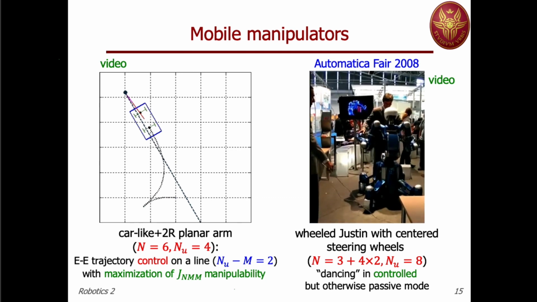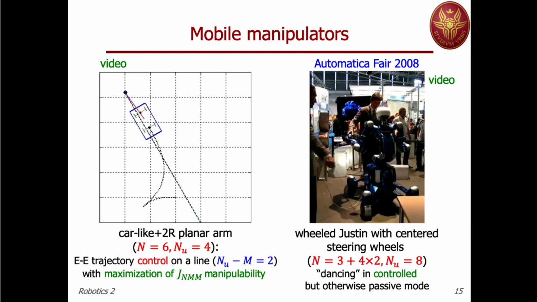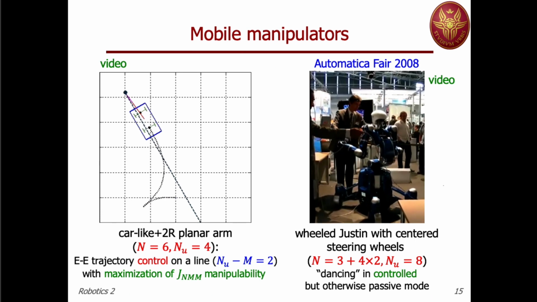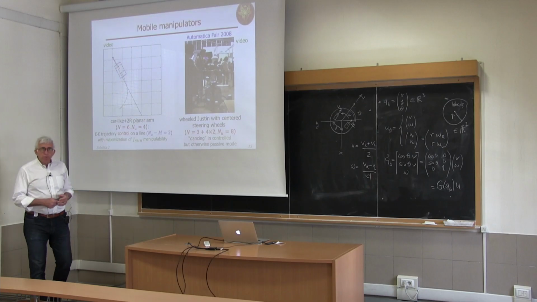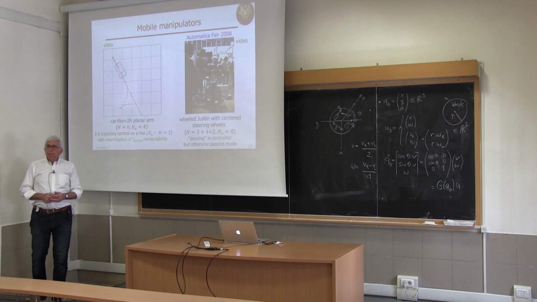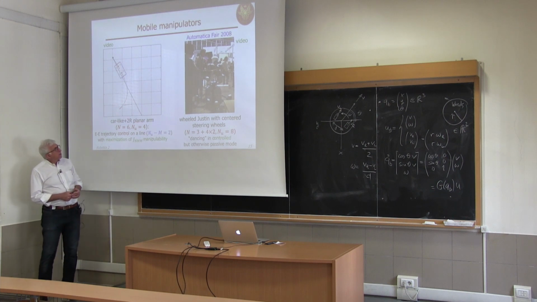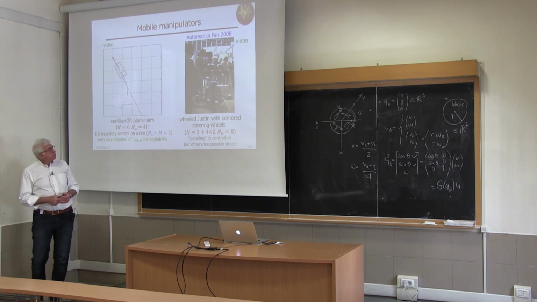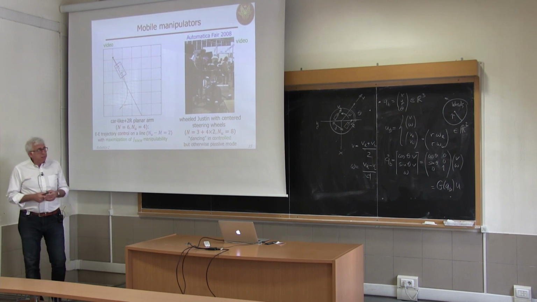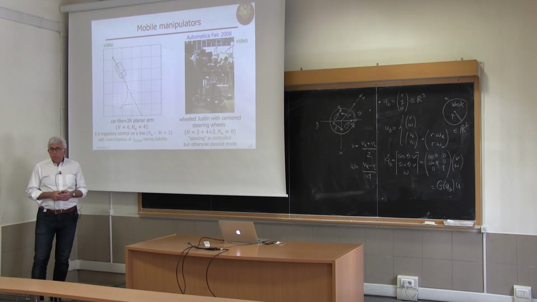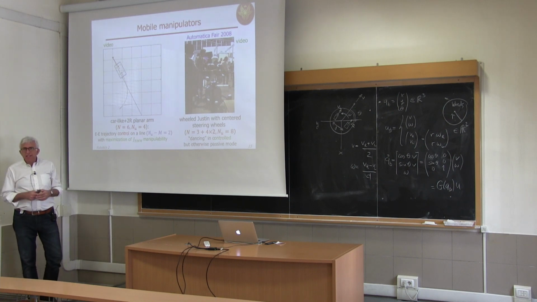Every wheel can rotate on its place and receive a velocity command. On top, you see the torso of the Justin bimanual manipulator, and this robot is following passively the motion imposed by the human, so it's dancing in a sense with